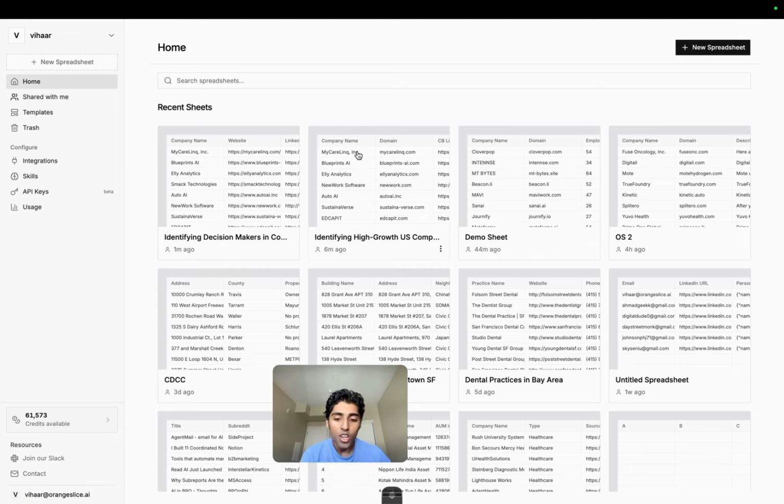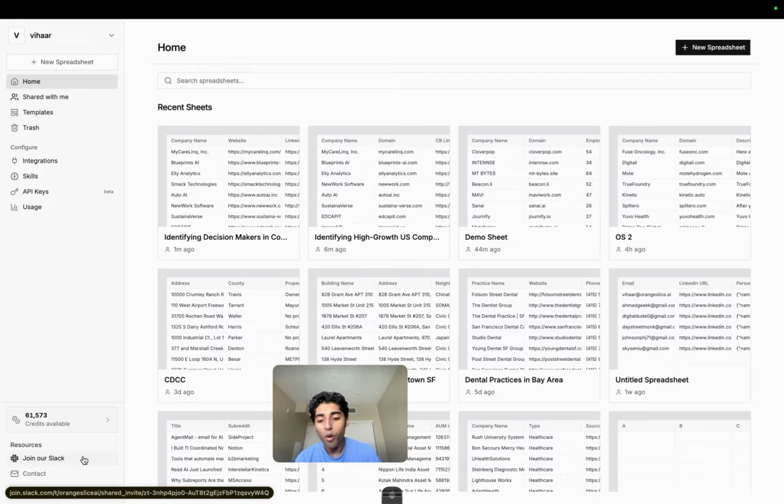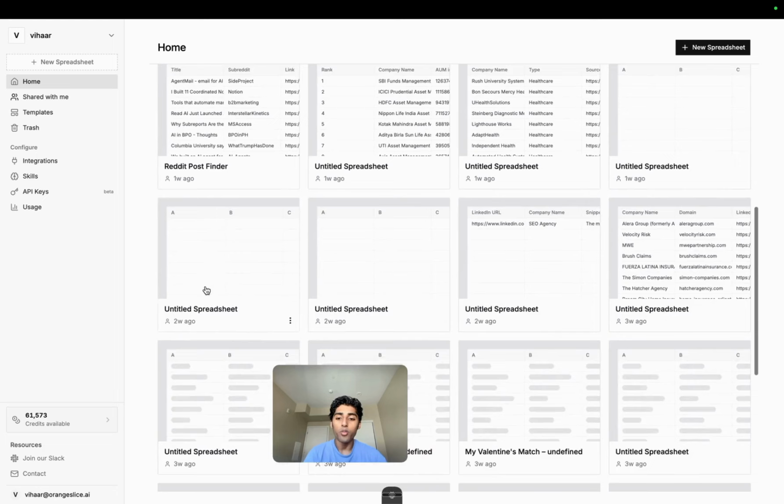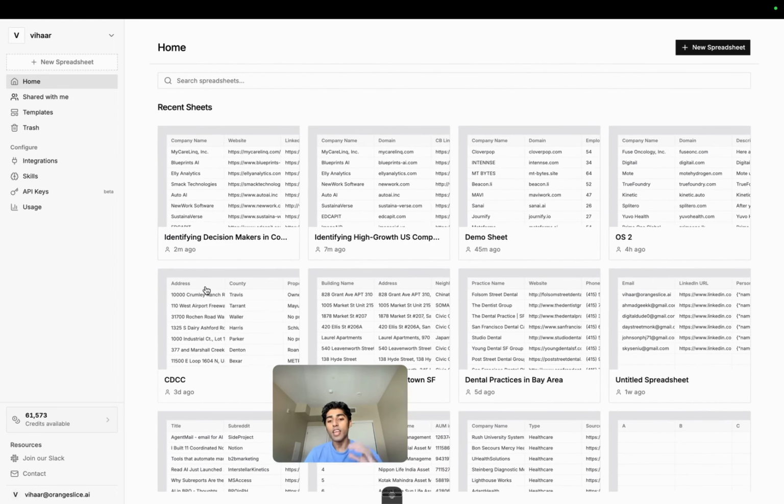The best way is just trying it yourself and getting started and then experimenting. And then if you have any questions or any problems at all, personally shoot me a Slack. I'm always responsive, and we add data providers as needed. So if you want a data provider, please just shoot a Slack message into this Slack, and we will get that as soon as possible. As a startup, we work super quick on making your customers happy and making sure you guys have all the data providers you want. And so that's a quick rundown of everything on the sheet and how you can build